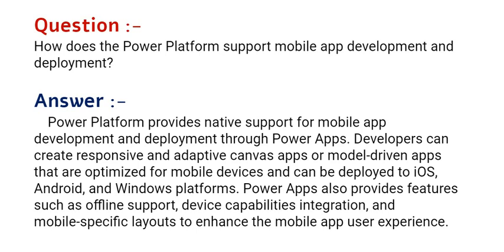Through Power Apps, developers can create responsive and adaptive Canvas apps or model-driven apps that are optimized for mobile devices and can be deployed to iOS, Android, and Windows platforms. Power Apps also provide features such as offline support, device capabilities, integration, and mobile-specific layouts to enhance the mobile app